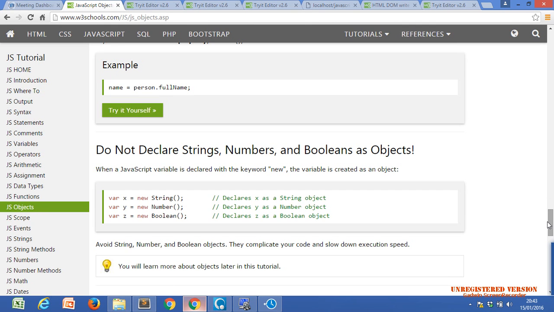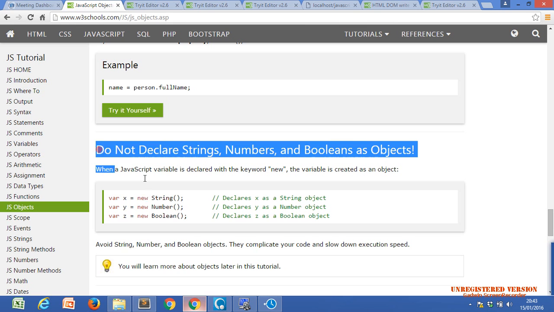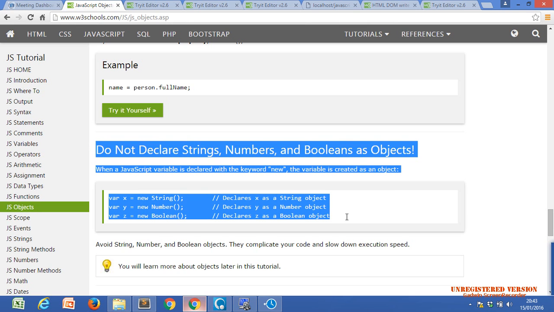When a JavaScript variable is declared with the keyword new, the variable is declared as an object. If you use new, it means it is declared as an object. New Number, new Boolean. I will just tell you as per our requirement or need.